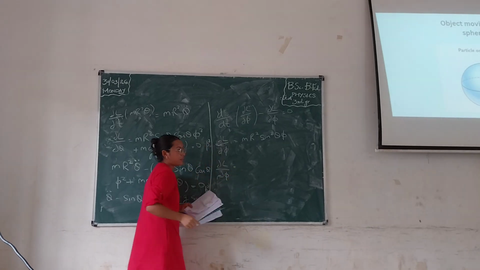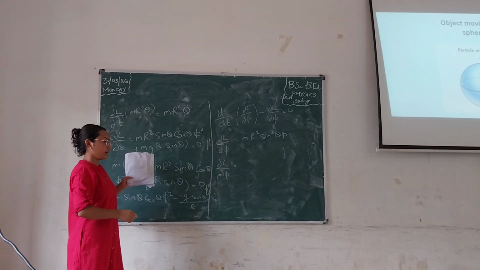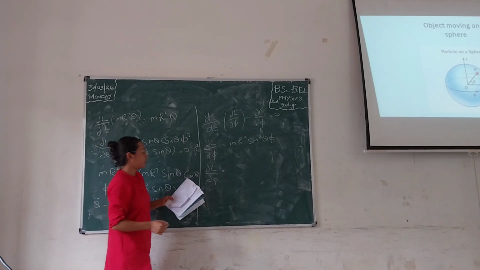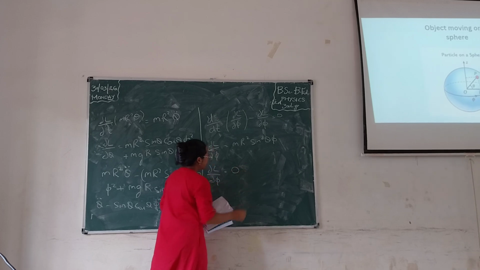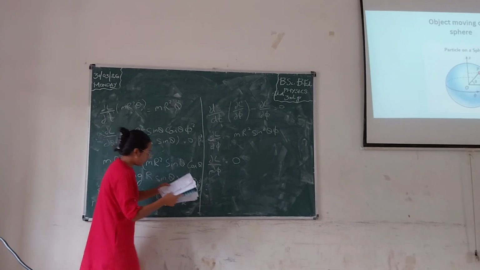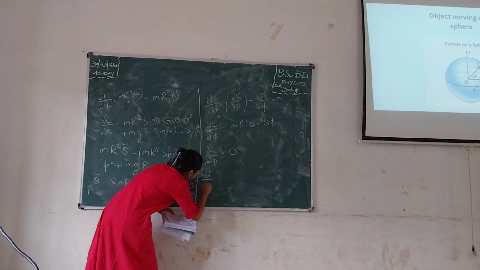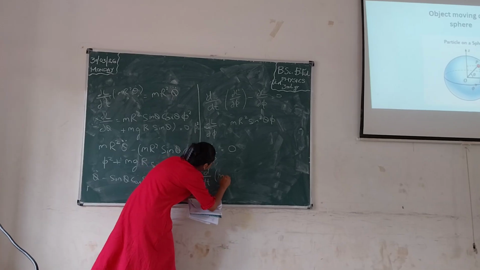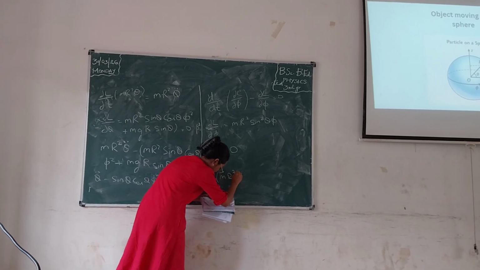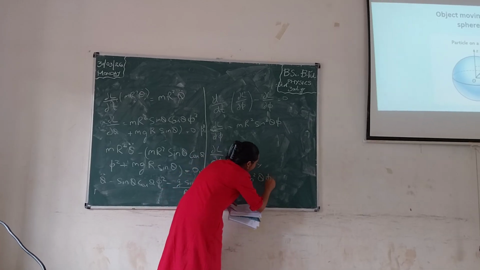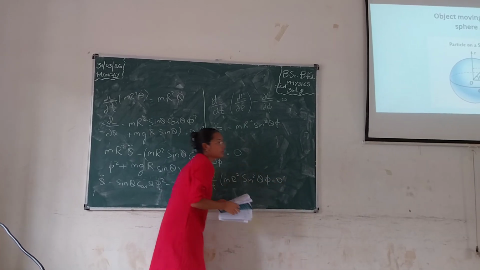Since phi does not appear in the Lagrangian, it will be 0. So as dou L by dou phi is equal to 0, the term will be d by dt of m r square sin square theta phi dot. So this is all